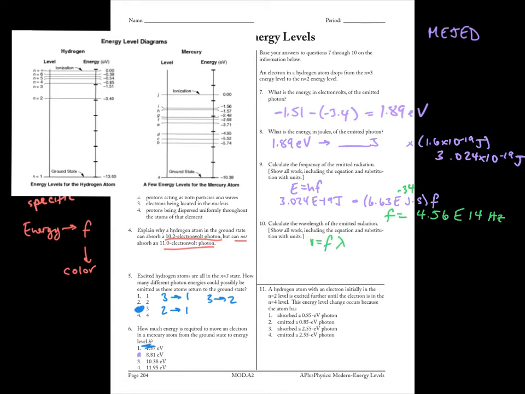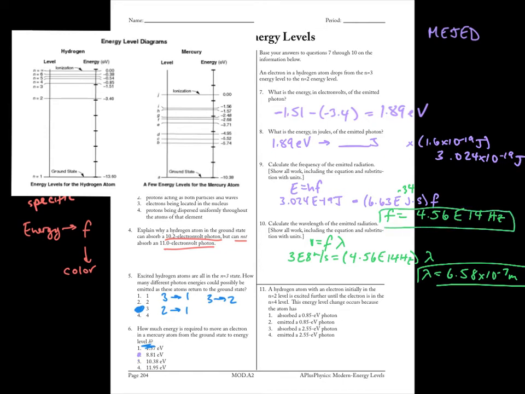We're using the speed of light in a vacuum, times the wavelength. So it's 6.58 times 10 to the negative 7 meters. And that's correct. Number 11, a hydrogen atom with an electron initially in the second level is excited into